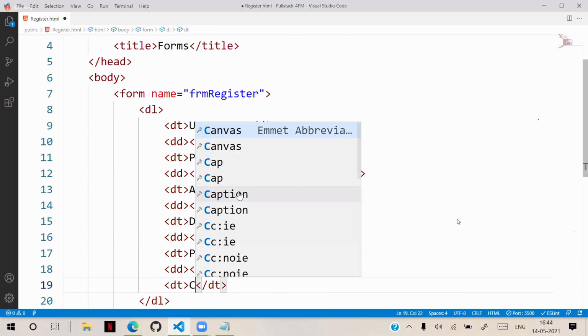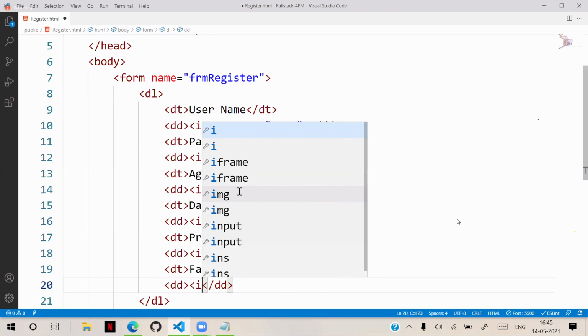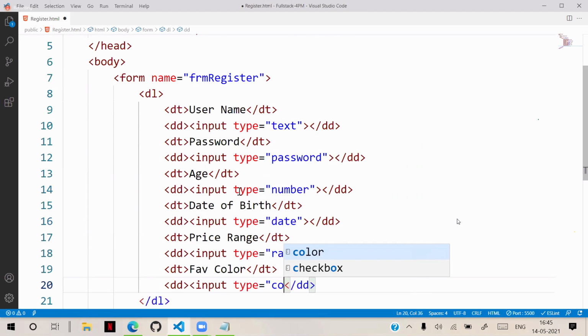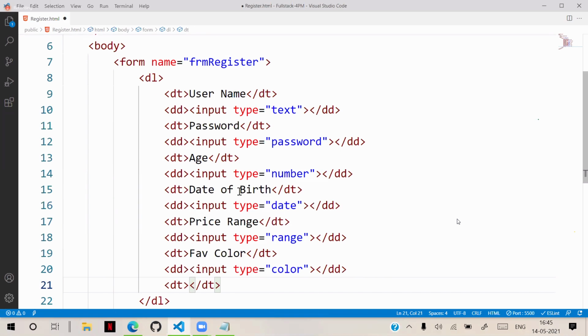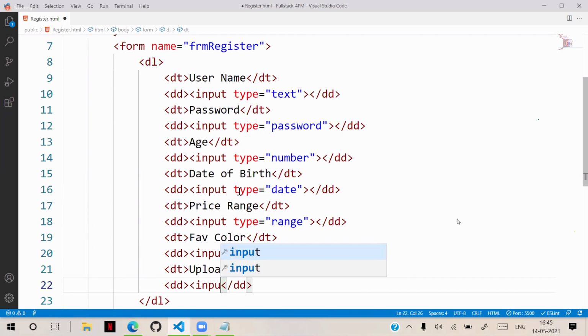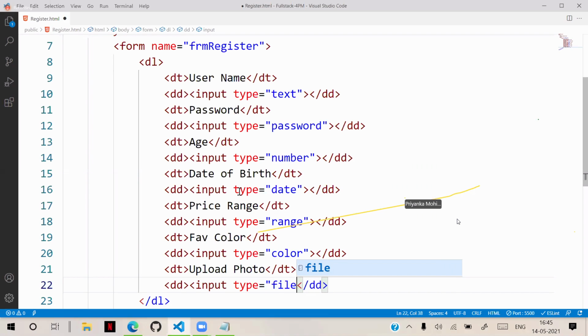Suppose I want a favorite color. I can even use input type equal to color. Suppose we have an upload photo. We can use input type equal to file.